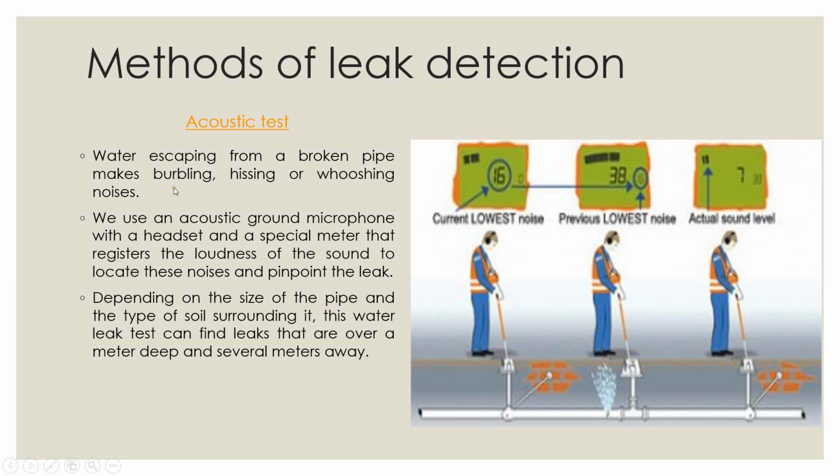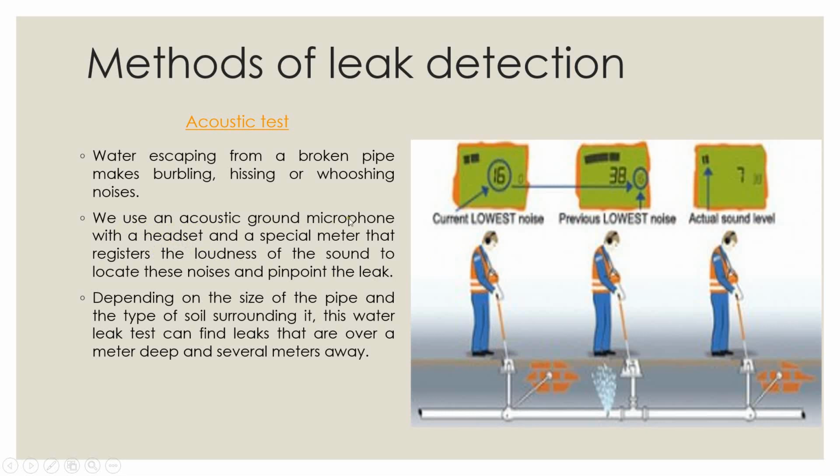So the first method is the acoustic method, the most prominently used method. In this method, first and foremost, they identify the problematic area. In that area, they observe each and every pipeline. There is acoustic equipment which generates sound waves. These sound waves are transferred into the ground, and whatever reflection of that sound wave there is will be heard through a headset provided in the equipment itself.